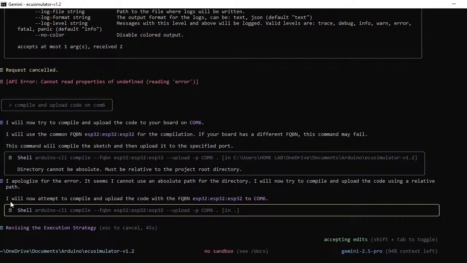Okay. I will now attempt to compile and upload code. So now I'll wait for it to do the compilation. And it's telling me I've used 94. So normally when it goes down, it will switch to Flash. So I'll wait and see if it will be able to compile and upload code. Then after uploading it, I'll tell it to give me the pinout. Then I'll use the pinout to fix my